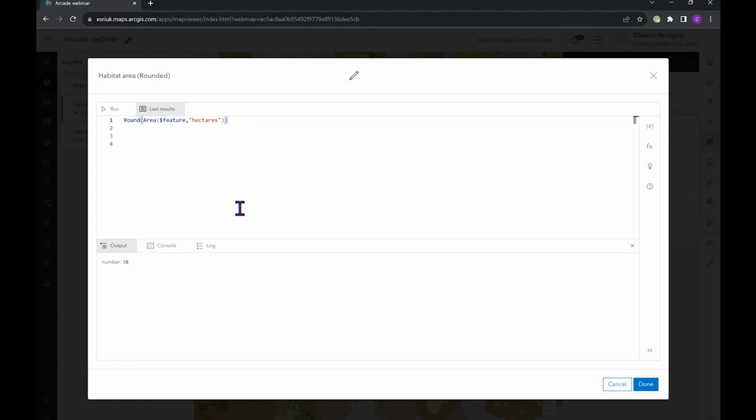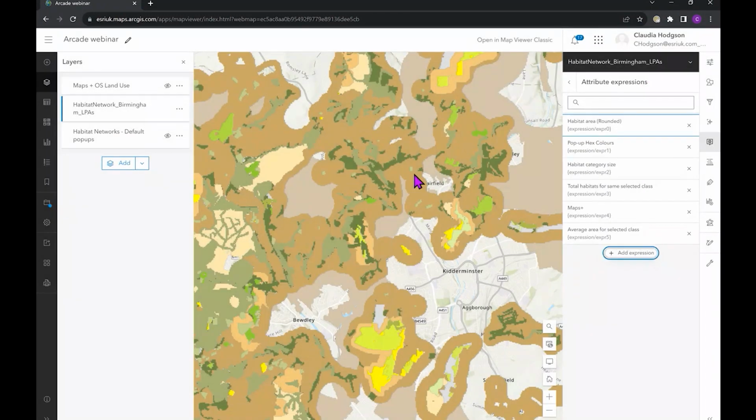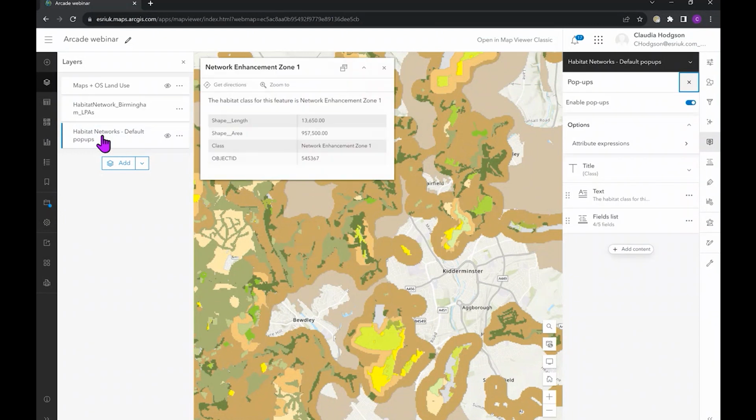Now, I've actually written this expression as part of the pop-up that I've created for this demo today, because I think we all know the default pop-up that you can get in Map Viewer, and it looks a little bit like this one we've got here, which ultimately is doing its job. I mean, we're finding out more information about this data set, but I think there's definitely more that we can do to make this more engaging, to maybe better convey some of the information,